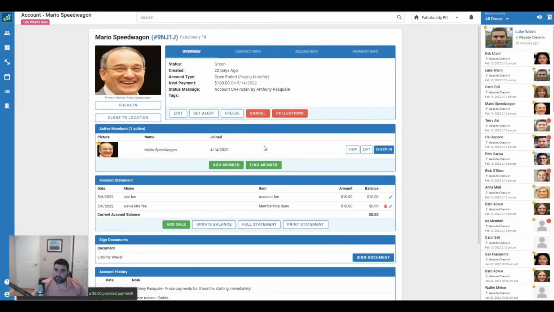If you do end up having to cancel a person, it's just as simple. You're just going to click on the cancel button. Now, keep in mind, every gym has its own rules and regulations. If you're the owner, pay no attention to what I'm saying because it's your gym. If you're an employee, check with the owner or the manager if you have the ability to freeze an account. I know some places only a manager or an owner can do it, and there's a cancel request form. Moving forward, if you do have the ability to cancel somebody, you just click on the cancel button,